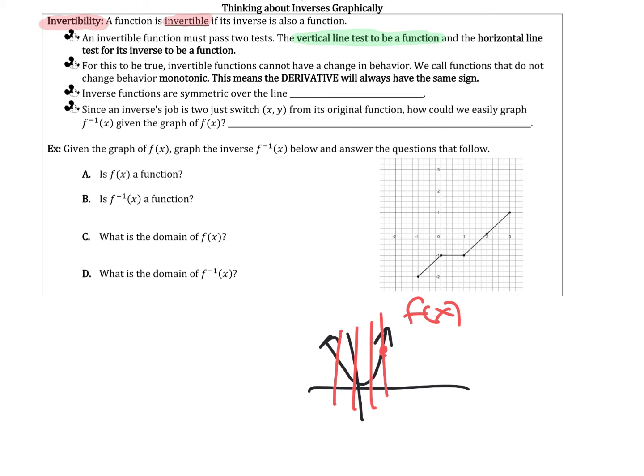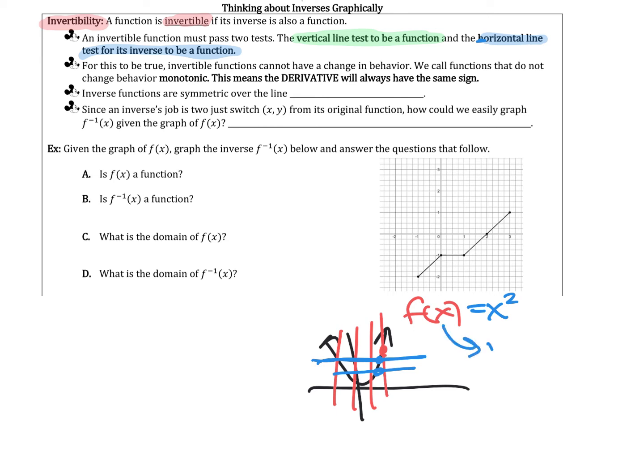Then there's something called the horizontal line test, and the horizontal line test, you may have guessed it, behaves very similarly, except it says if we draw a horizontal line anywhere along the function and it touches the graph only once, then the inverse is also a function. So here, our function was f of x equals x squared. What we just learned is that the inverse of this is not a function because it doesn't pass the horizontal